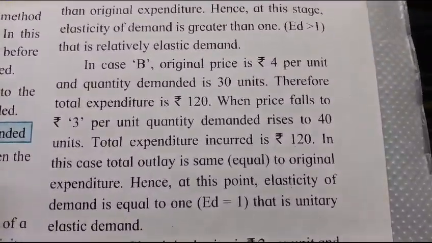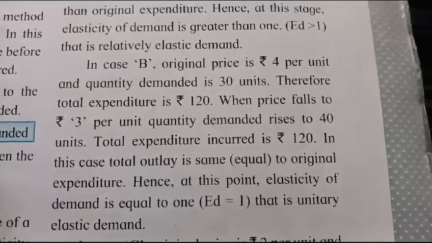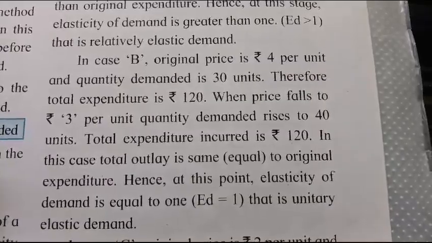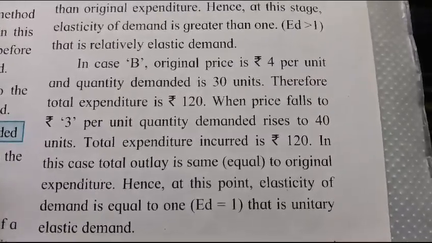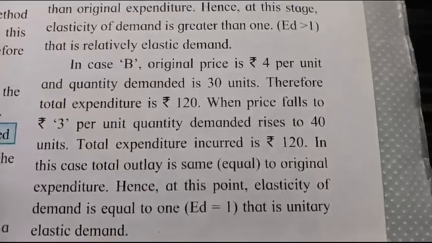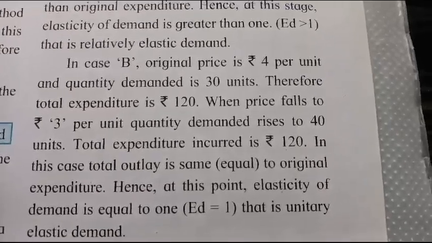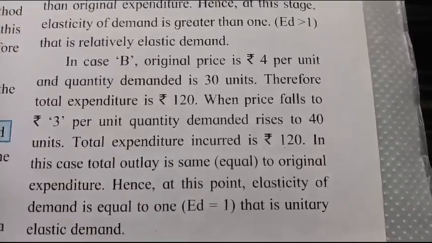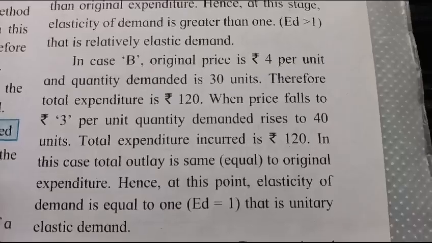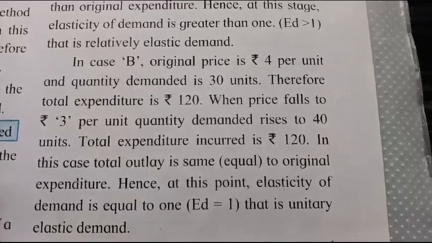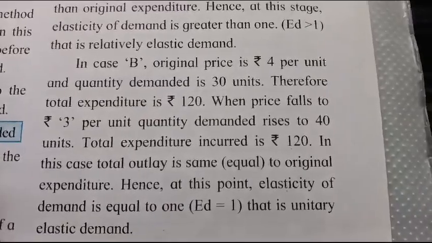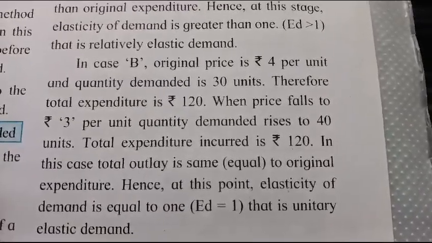In case B, original price is rupees 4 per unit and quantity demanded is 30 units. Therefore, total expenditure is rupees 120. When price falls to rupees 3 per unit, quantity demanded rises to 40 units. Total expenditure incurred is rupees 120. In this case, total outlay is same or equal to original expenditure. Hence, at this point, elasticity of demand is equal to 1, ED is equal to 1, that is unitary